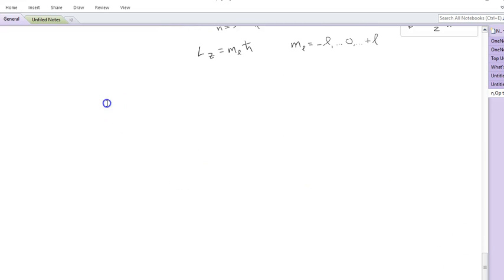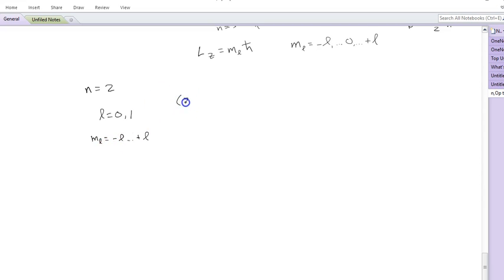So, if n is 2 for this particular state, how many actual states have n equal 2? Well, we could have l starting at 0, and it's going to go up to n minus 1, so l could be 0 or 1. But for each l, m sub l, remember, is going to go from minus l in integer steps to plus l. All right, so let's start listing them. And then m sub s, remember, no matter what n, l, and m sub l are, m sub s can be plus or minus 1/2. All right, so if we start labeling these,